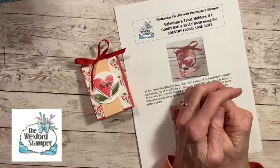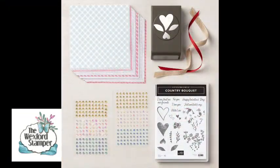All right, let's talk a little bit about the product we're going to be using today. This is new product, of course, from the new catalog. This is the Country Floral Lane Suite. It does have a little bit of a Valentine's Day vibe, but you certainly can use it for any occasion. I'm going to be using the stamp set and the coordinating heart punch tonight, as well as some of the paper and the ribbon, and you make a cute little